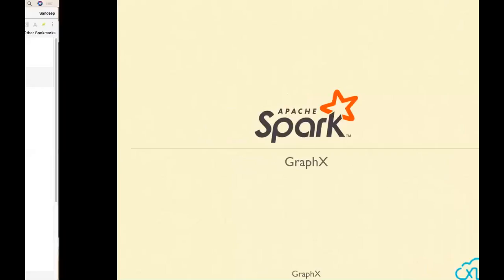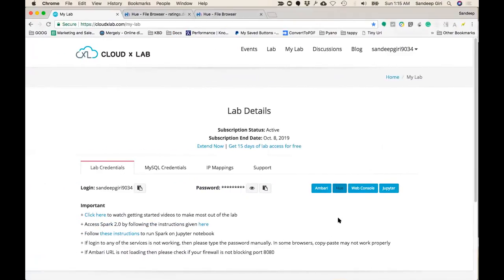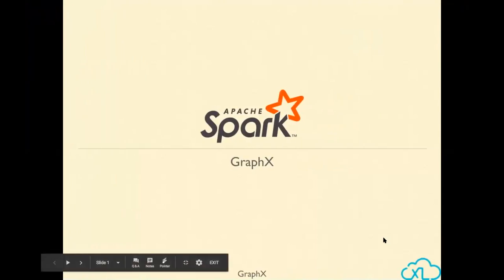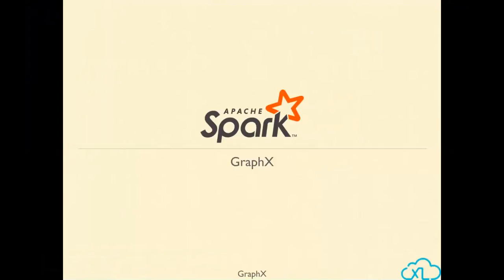Let me just check if you have questions. All right. Now, moving ahead. One of the very important libraries from Spark is GraphX. It's not a database, it is a library, meaning a bunch of algorithms which you can use to process the